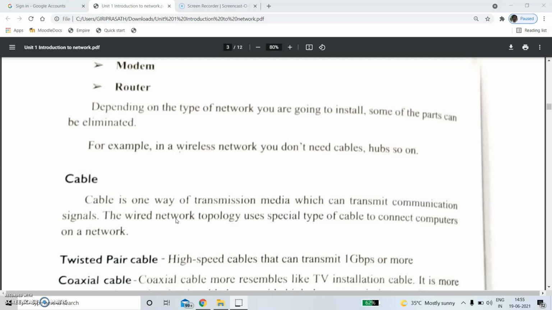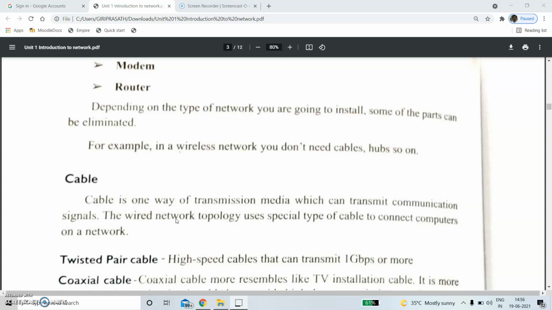If we are using a telephone in our home, then by means of the telephone network we are accessing the internet, isn't it? No, by means of a modem we are accessing the internet connection. How is the information going through your modem from your computer to your friend's system? By means of the cables. So the cable is one of the transmission media.